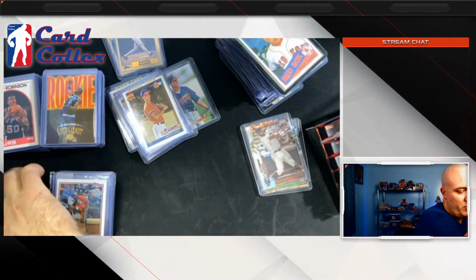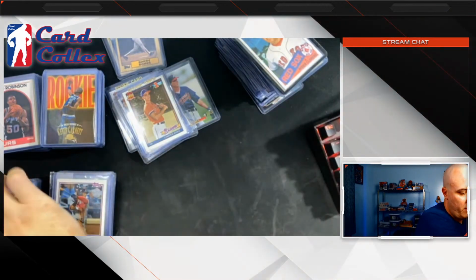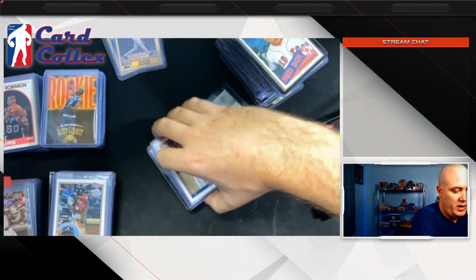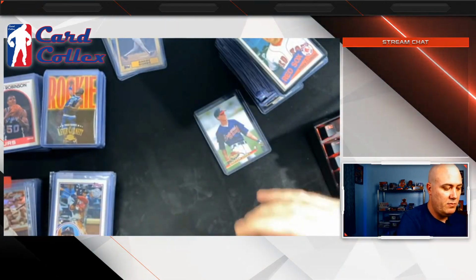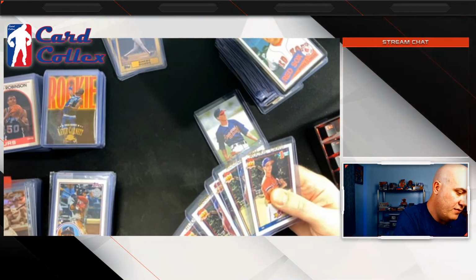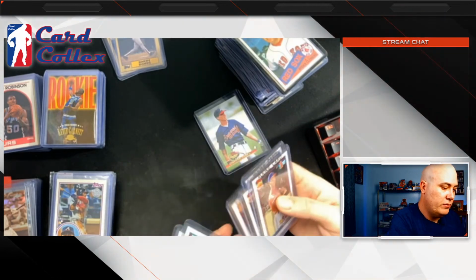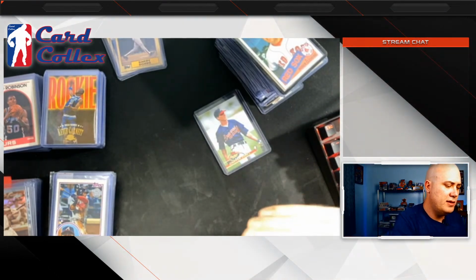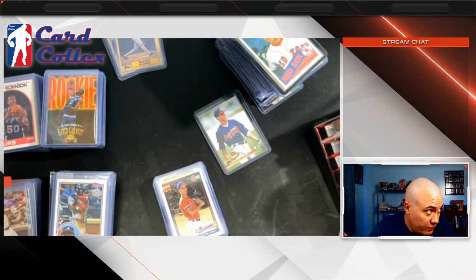So we'll go with these Chipper Jones rookies. I don't know how many I'll have by the time this is all said and done, but what do I got now? 8 of them. So I could do two 4-card lots. Let me see what these are selling for.